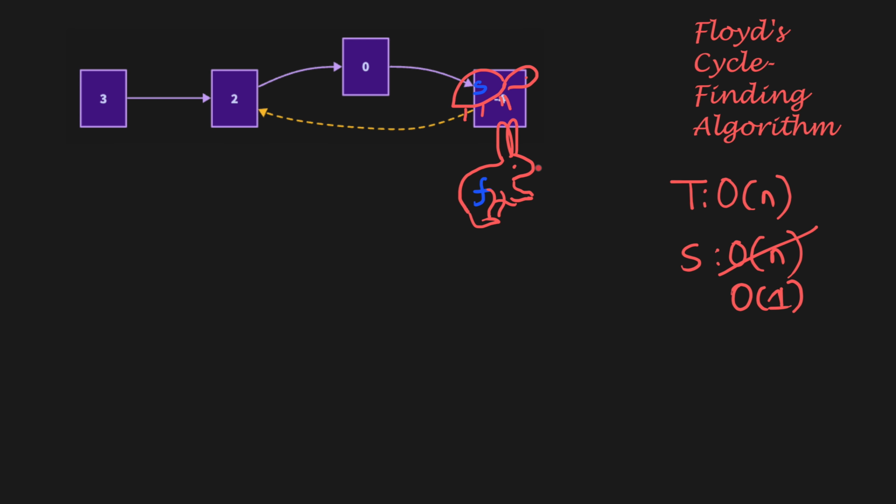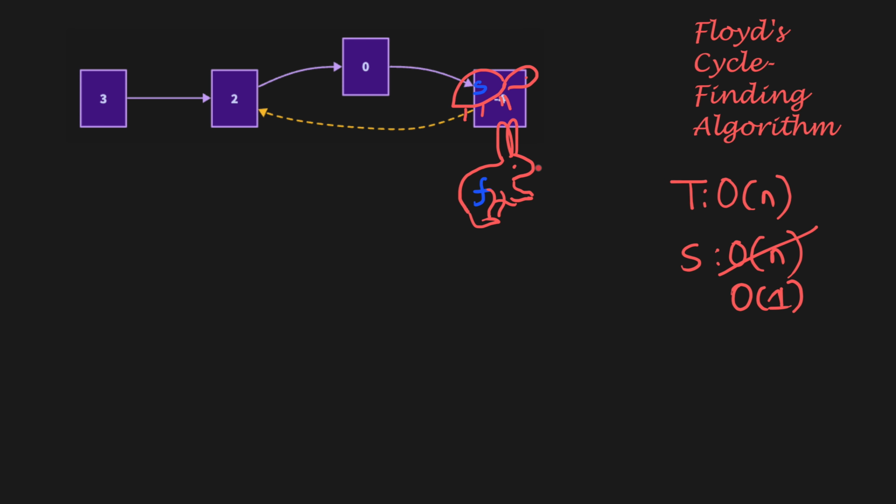Now, here the example is small, so it was easy to see them meet. But you might have two questions. One, why would they definitely meet? And if they do meet after circling the list, does the algorithm still have a time complexity of O of n? Or is it badly impacted by the pointers running inside the loop? There are multiple ways to answer them, but let me try to answer both using the concept of relative velocity